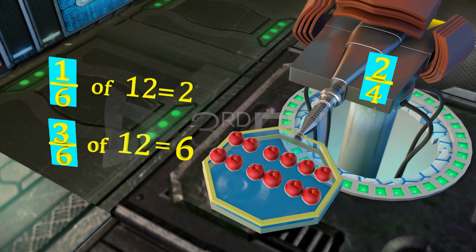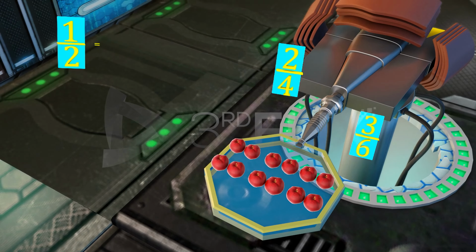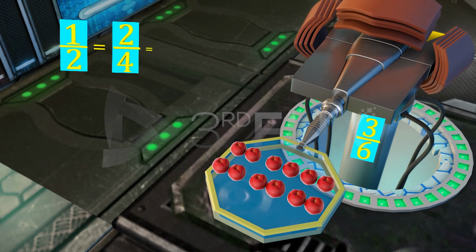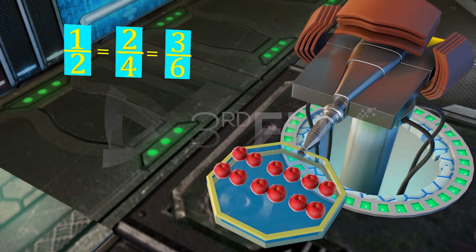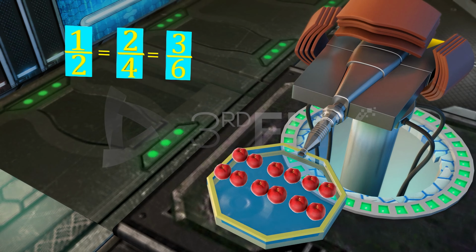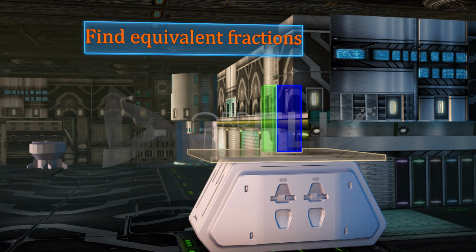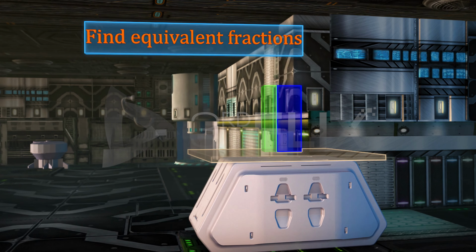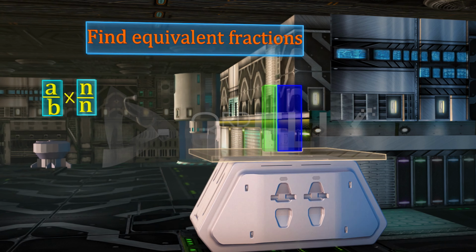Then we can say 1 by 2 is equal to 2 by 4, which is equal to 3 by 6. These types of fractions are called equivalent fractions. Find equivalent fractions. To find an equivalent fraction of a given fraction, just multiply or divide both numerator and denominator by